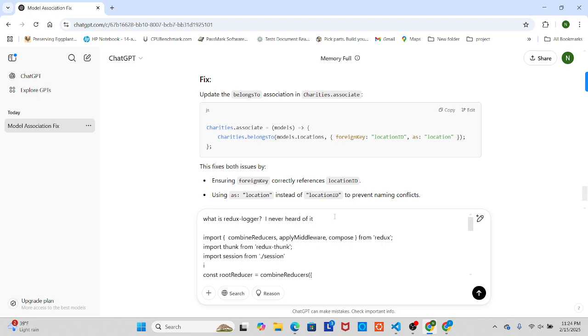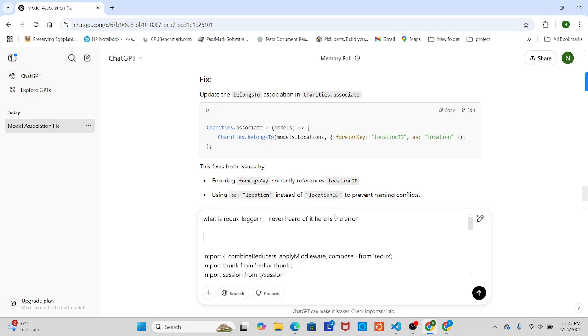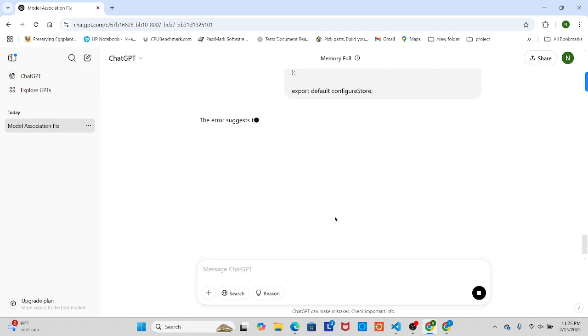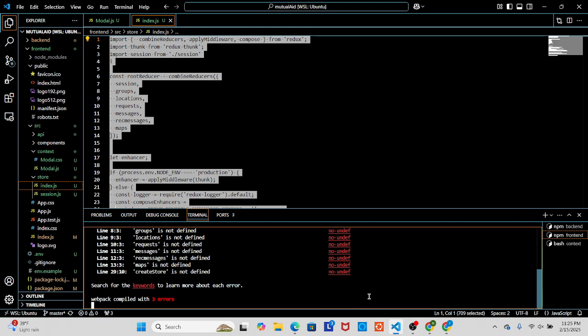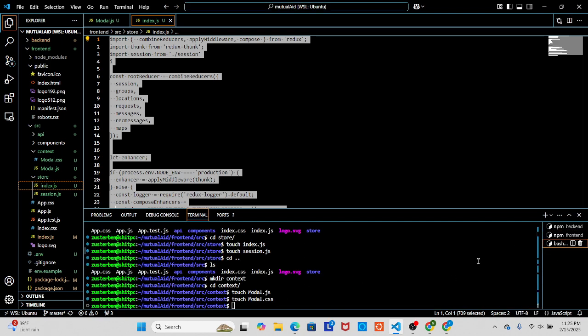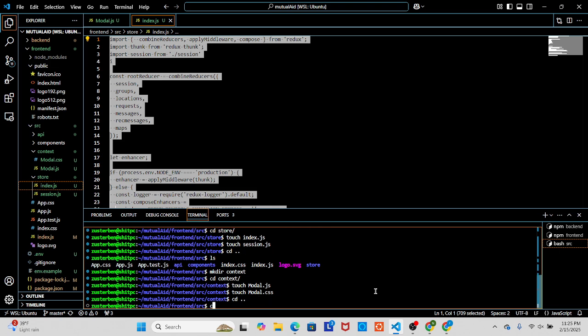Never heard of it. Here is the error. Oh. I just never heard of this before. I mean, I'm definitely not a front end person, but